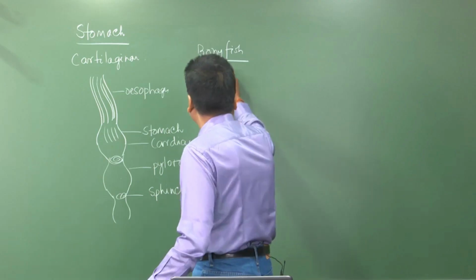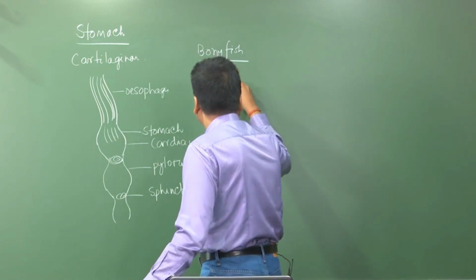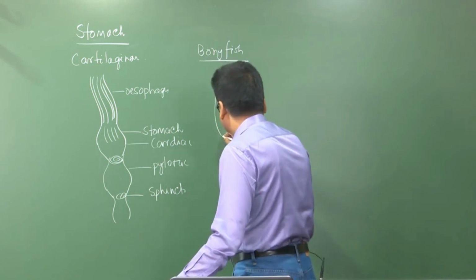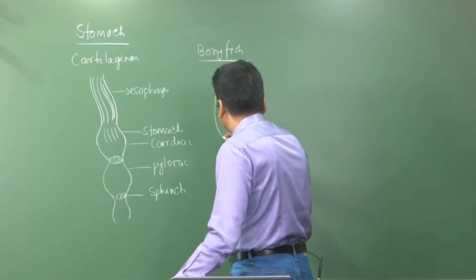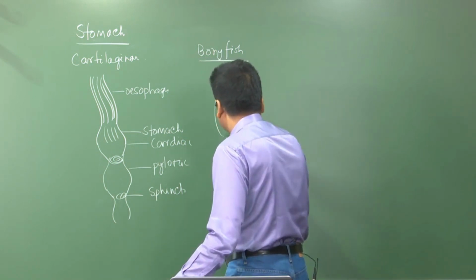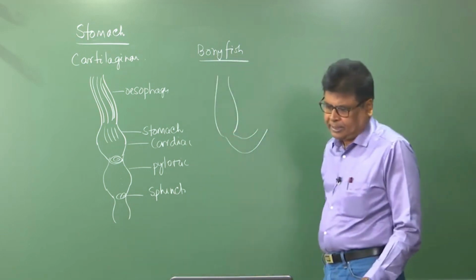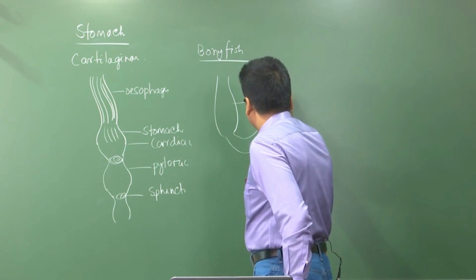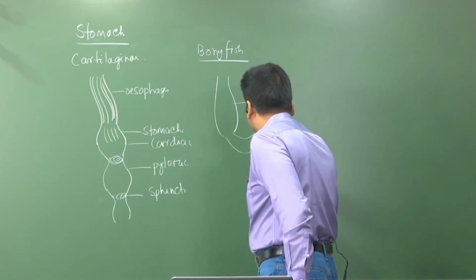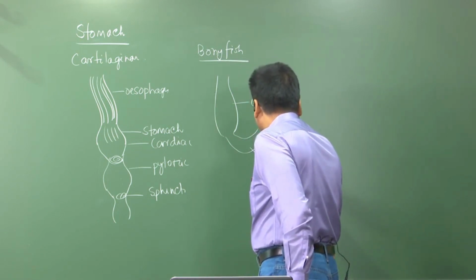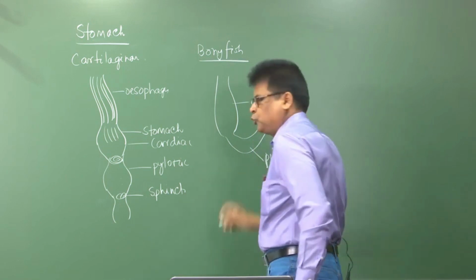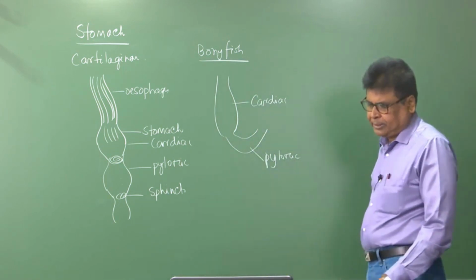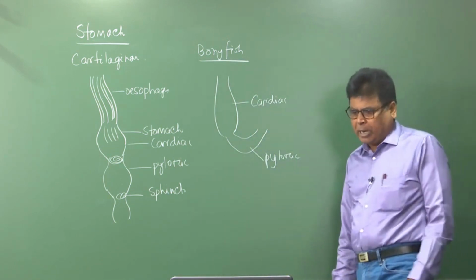For example, you see this is the what? Cardiac part, and this is immediately followed by the what? The pyloric part. So this is the curvature. So in bony fishes, this is the cardiac part, and this is the pyloric part. So what we are observing in case of bony fishes, the cardiac and pyloric stomach